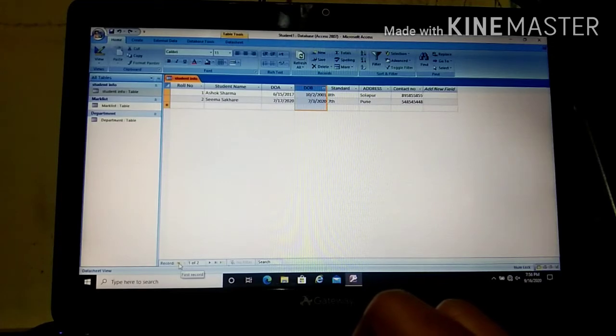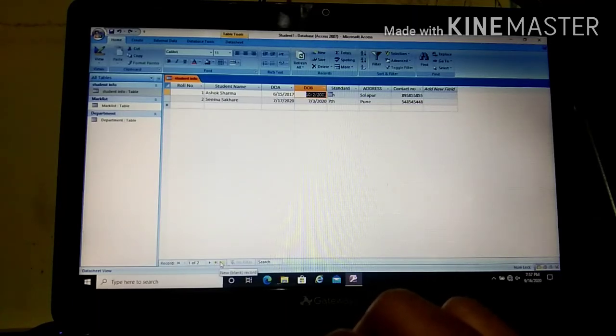That record means here we have buttons like play buttons, that in general when you play music you can see that next, previous, right? So in the same way here we have the buttons which look like play buttons, right? In whatever your videos or the music files, you contain this previous and first, next records will be there. In the same way here we have these buttons and it has a different name. So this will be the first record, and here we have the previous record, and this one is the next record, and this will be the last record, and this will be the new blank record.